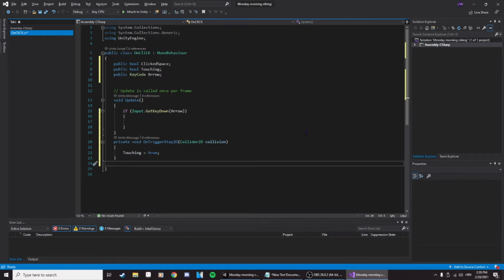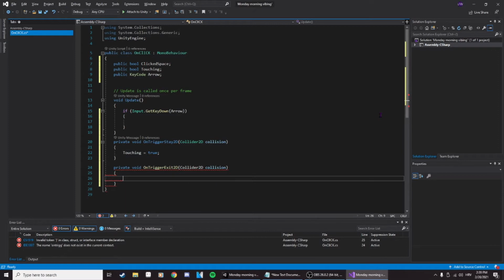Let's add collision detection. We'll be using stay and exit. So basically the script will detect whenever we collide with a note and